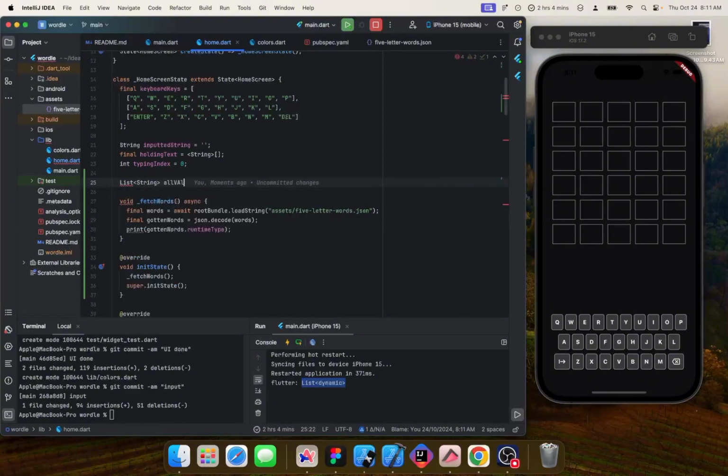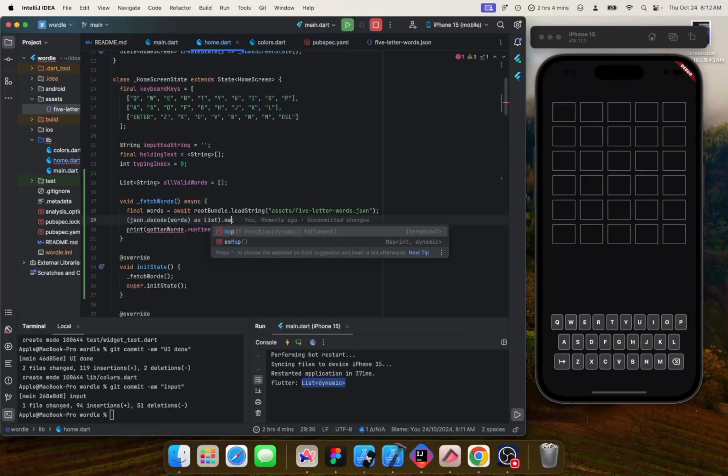So this should be all valid words. There should be an empty array at the onset here, and then we'll do as List<dynamic>, or you could just say List. I could just say List,